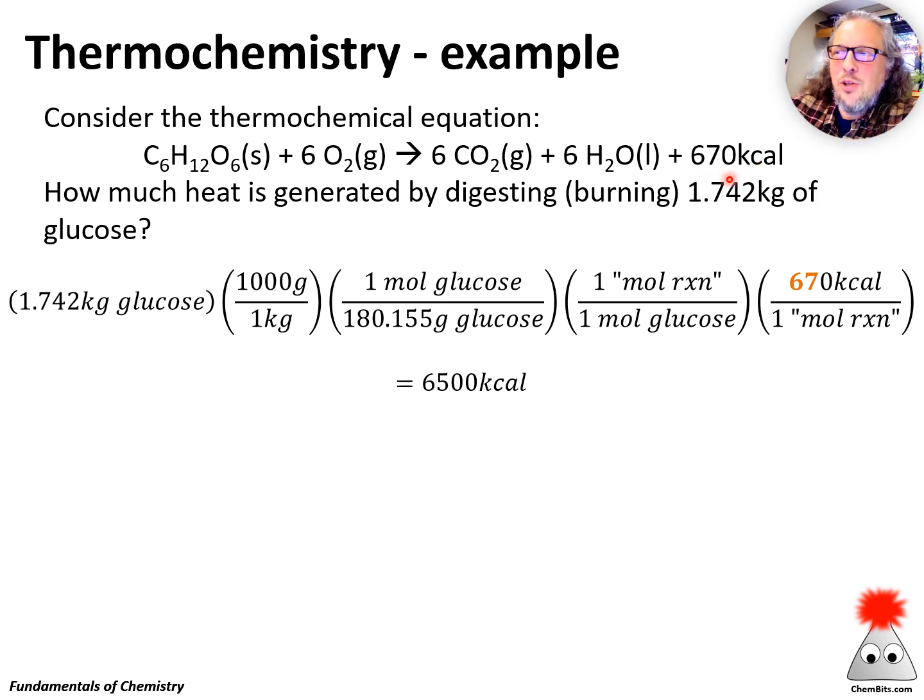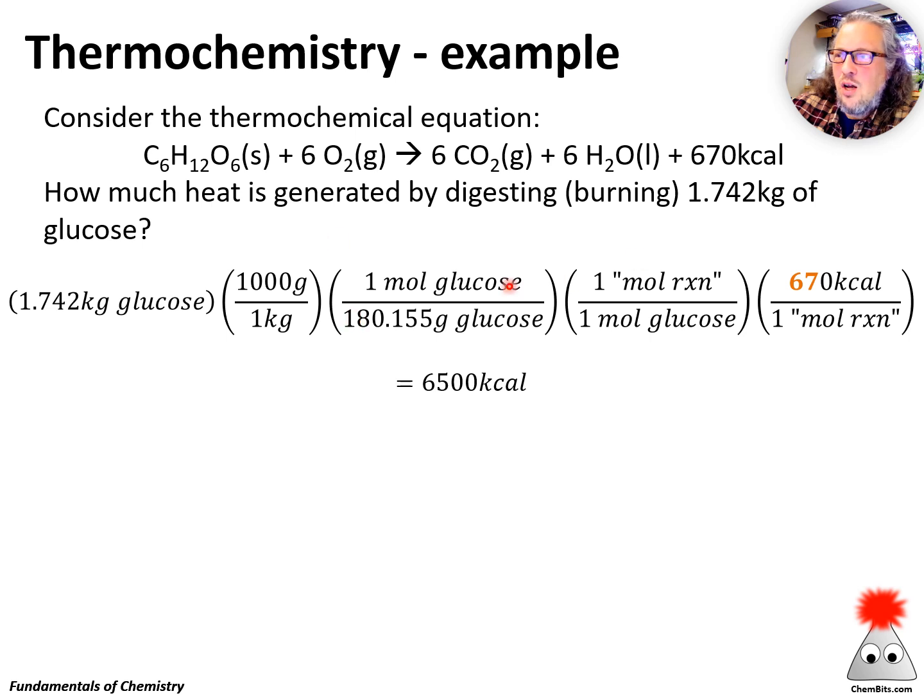And often when you look it up in a table, it'll be a number that's kilocalories per mole, or joules per mole, or kilojoules per mole. What is that a mole of? Well, that is per mole of reaction as written. So moles of reaction as written gets canceled out, and we've got 670 kcals. That gets us to